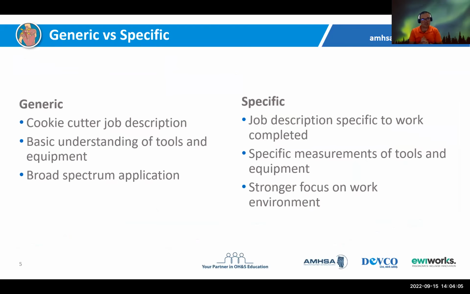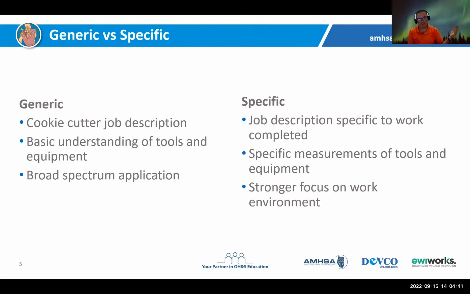So we can look at these in a couple different ways. They can be pretty generic. A JDA, a PDA, a FLHA, any of these things could be pretty generic, could be pretty cookie cutter, job description, kind of HR level views with a basic understanding of the tools and equipment that's used, and fairly broad spectrum application. So a good example of a generic kind of JDA would be like a job description that you would see on a job posting,